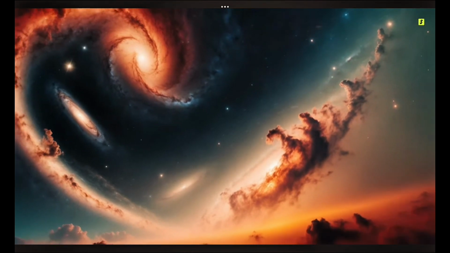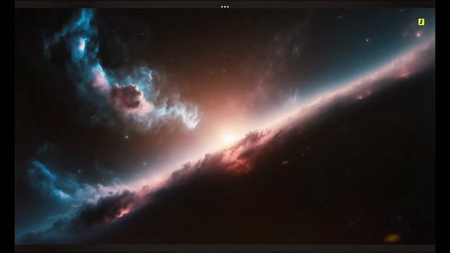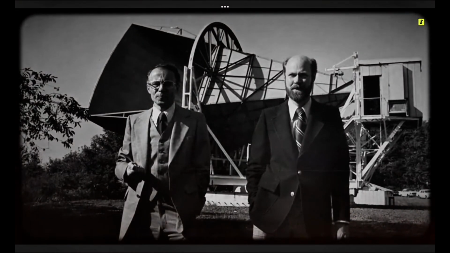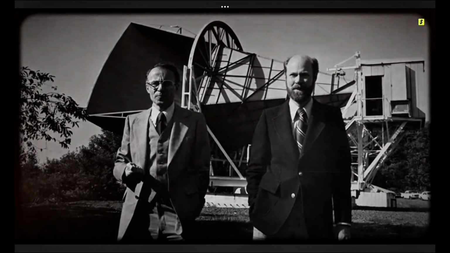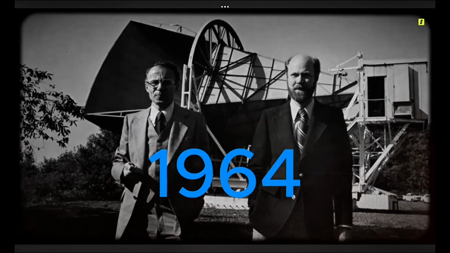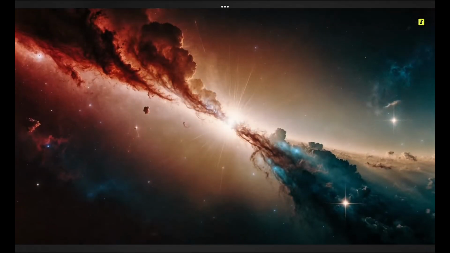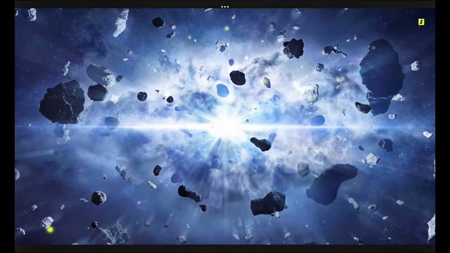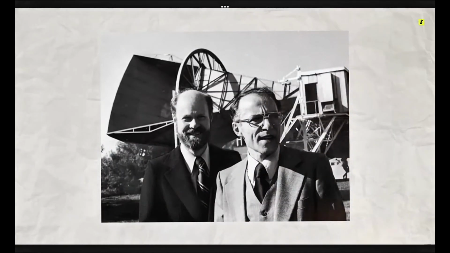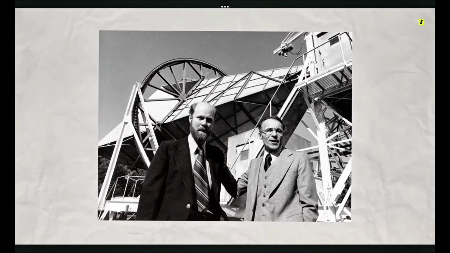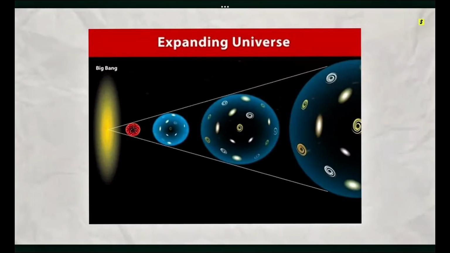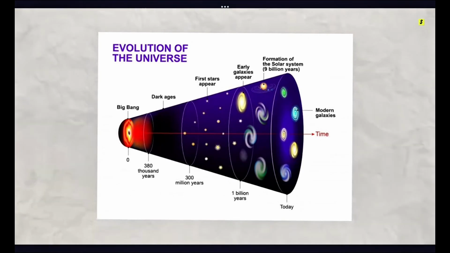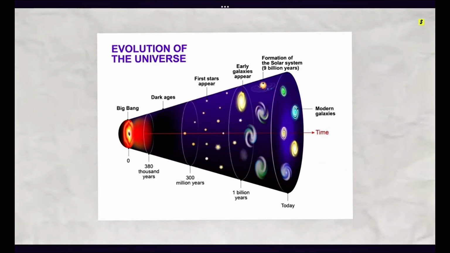An example that illustrates the Big Bang Theory is the discovery of cosmic microwave background radiation by astronomers Arno Penzias and Robert Wilson in 1964. This radiation is considered a remnant of the intense heat and energy released during the initial moments after the Big Bang. Its discovery provided strong evidence supporting the idea that the universe began with a rapid expansion from a hot, dense state. Another example involves the observation of distant galaxies moving away from us in all directions.